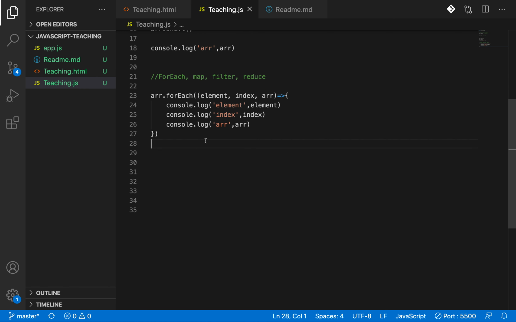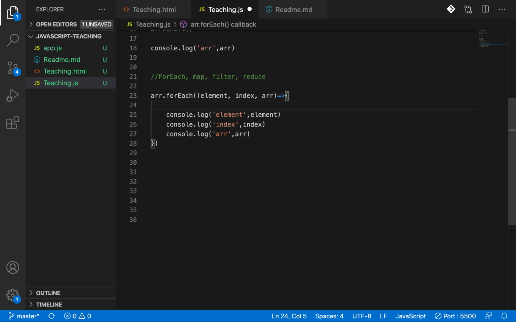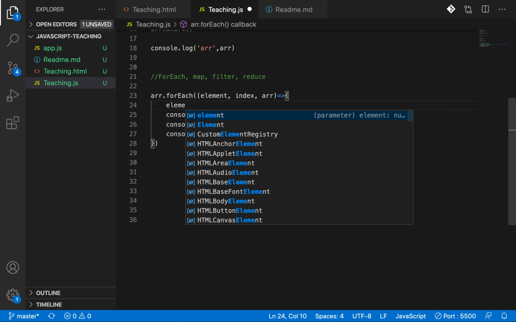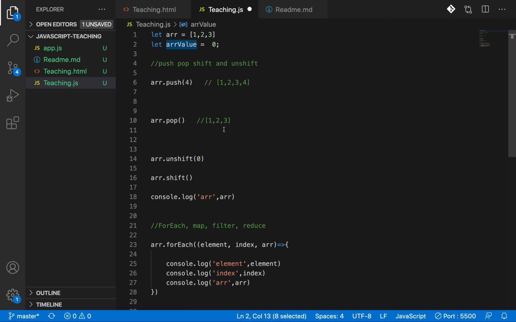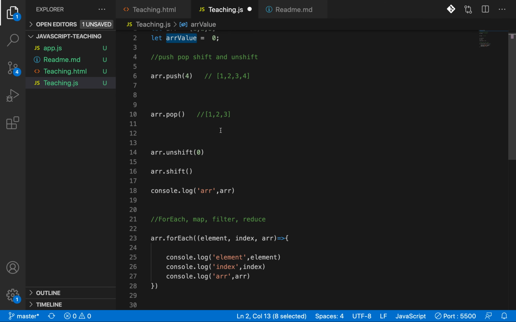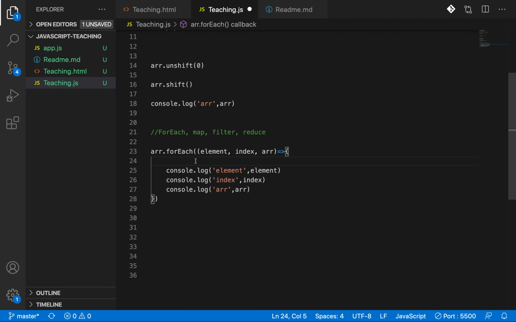You can perform any logic with the help of these three arguments. Let's say I use an array value. I want to assign some value to the array value.